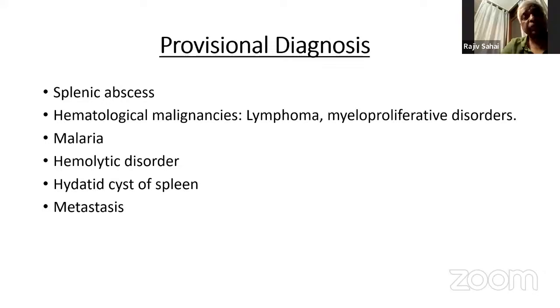Metastasis from where? Any lung pathology or any other pathology? But metastasis to where? Just to spleen? Your liver is not enlarged. If it was a hemolytic disorder, wouldn't the liver also be enlarged? Yes, sir, it would be. Even in lymphomas, I would expect the liver to be enlarged. So I think it would be better.